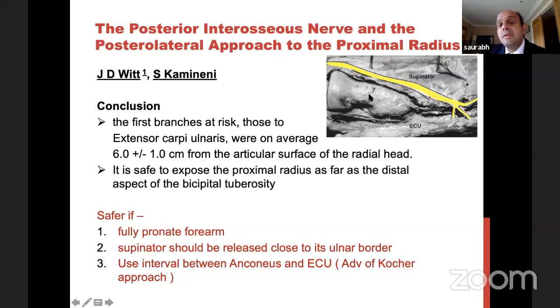And other thing is, if ever you have to take supinator off, then it should come out from the supinator crest of ulna, because nerve is in the front. You want to take off your supinator from the back, from the supinator crest, as far posterior as possible. So I do EDC approaches, as I was telling you. EDC is a very anterior approach. So if I ever decide to put a long plate, either I have to be aware of PIN, or in those cases, I'll do my Kocher's approach.